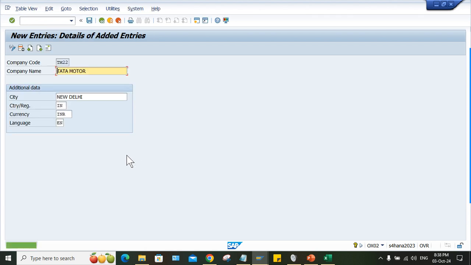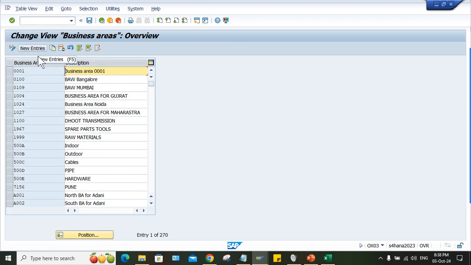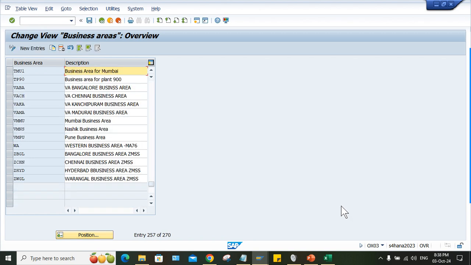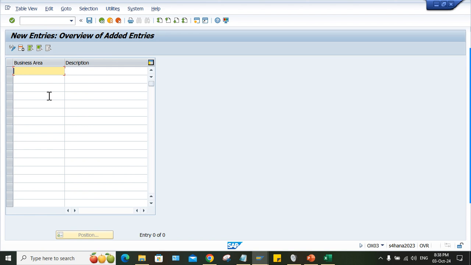So what we have done in S4 HANA also is create the company and company code. What next, guys? The next one is to create the business area. You can set up the business area also with the same transaction code, I think OX03 is there, no? Yes. Let me check here. TMAN, is it there or not? It is not there, so we can create TMAN